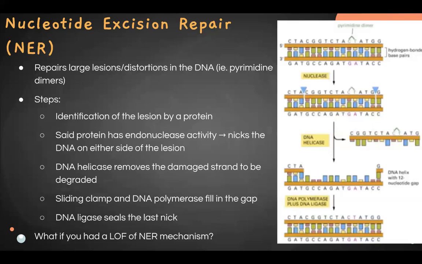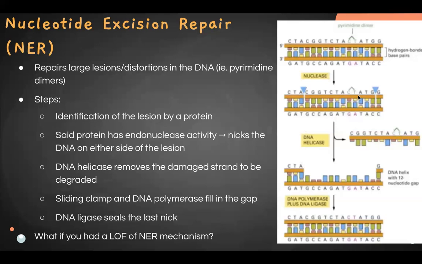On the diagram on the right here, the pyrimidine dimer is shown in green, and where the endonuclease activity will occur is shown in these blue arrows. And so the DNA helicase will remove this section right here, between the nicks, and it's a larger section than just the dimers,